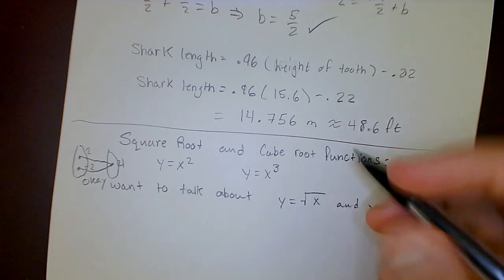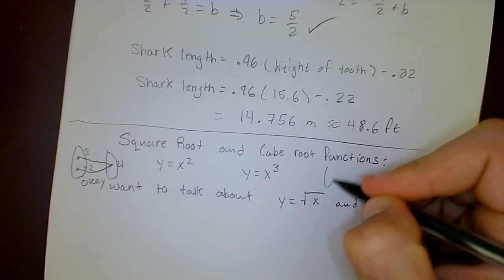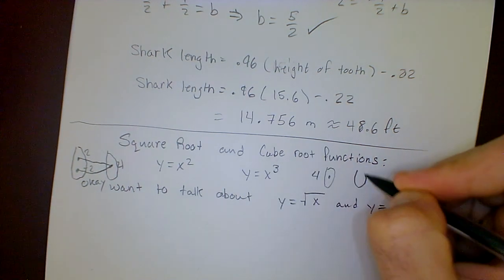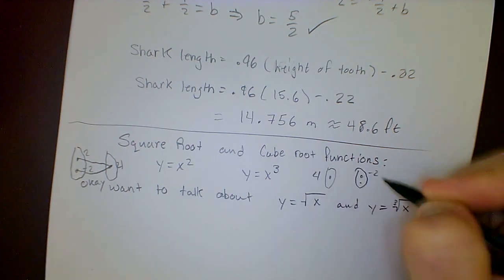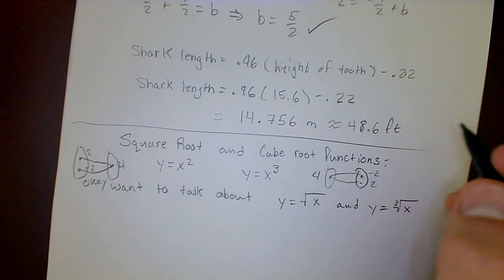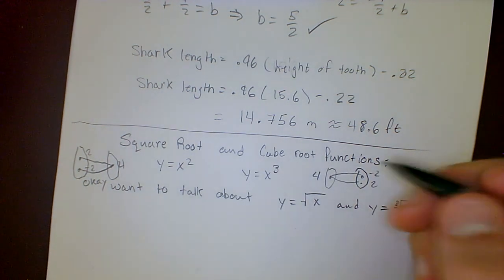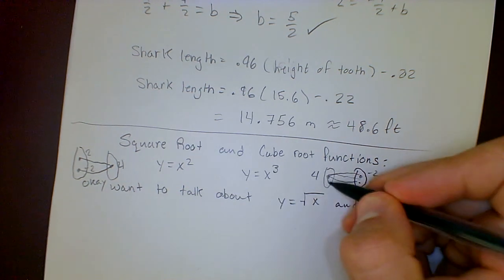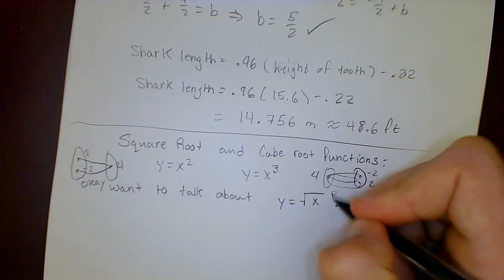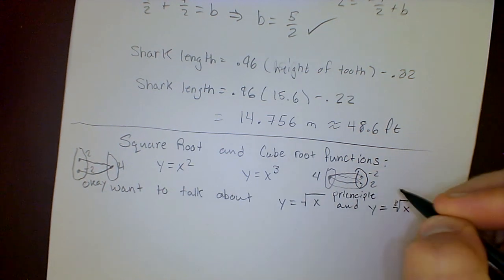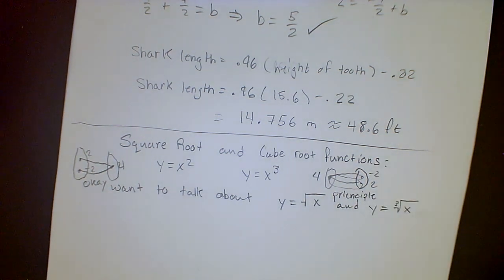But remember, you cannot have 4 as an x value mapping to negative 2 and 2. You can't, that's failing the vertical line test. So instead what they do when they have an even power here is they call the positive one the principal square root function. Okay, so